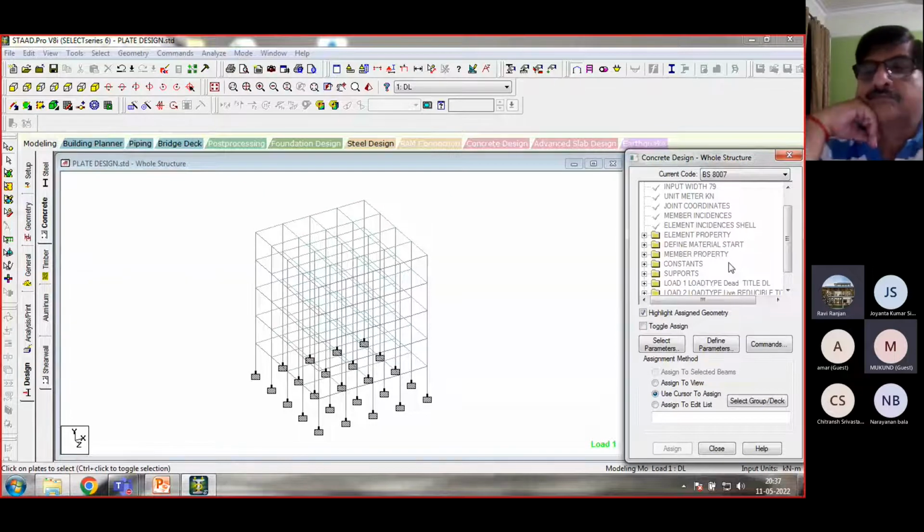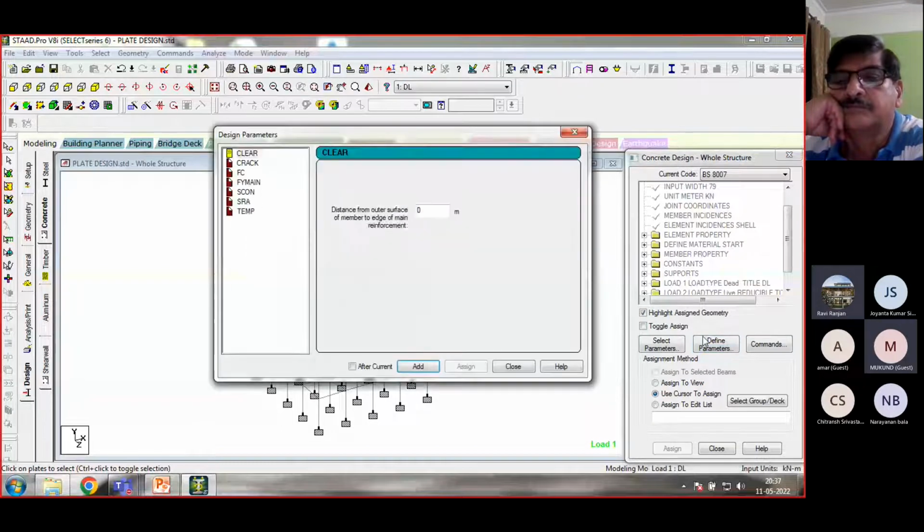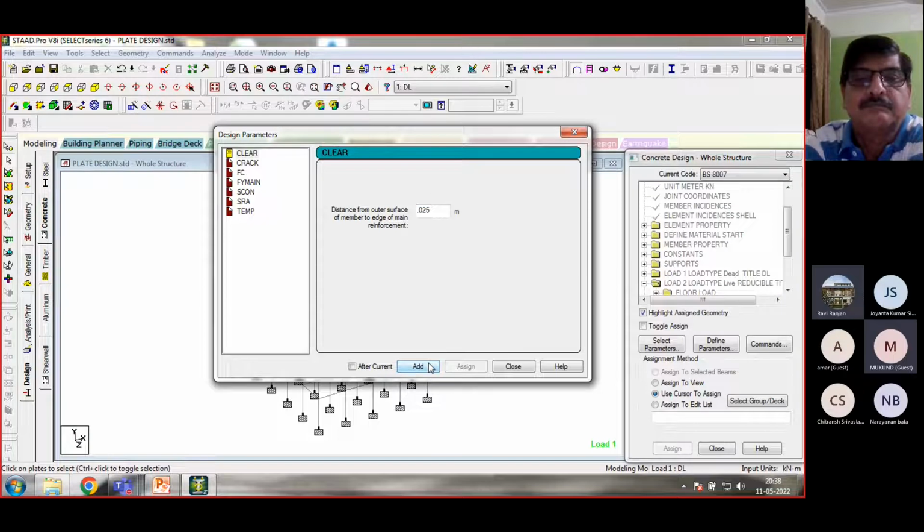And with BS 807, we have to define some parameters. Click on define parameter, and we use one clear. That clear means the distance from outer surface of member to edge of main reinforcement. So it's a clear cover option. So clear cover is about 0.025. Add, and then we use FC, that is compressive strength of concrete, and we use as a 25, or if